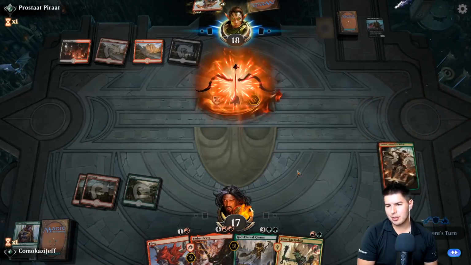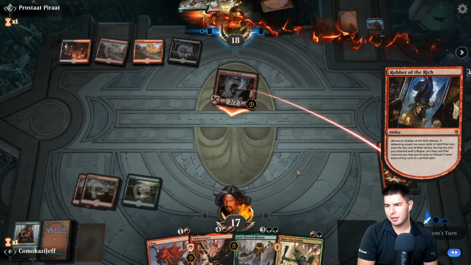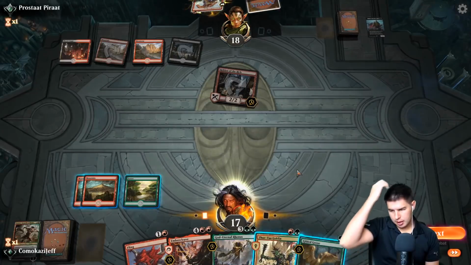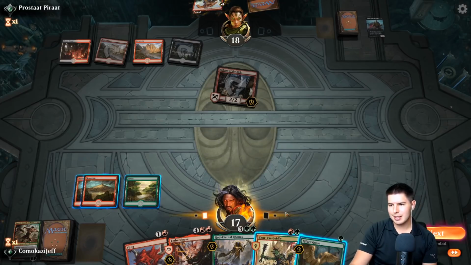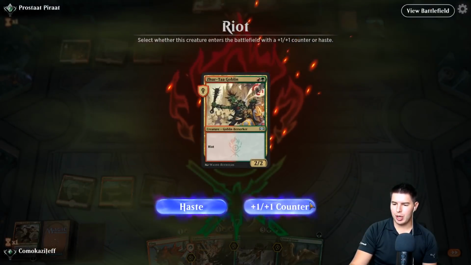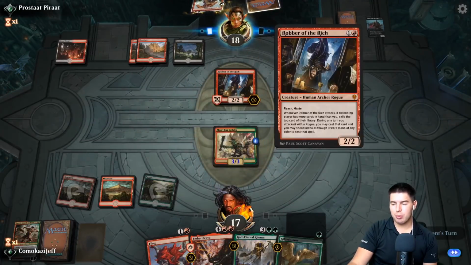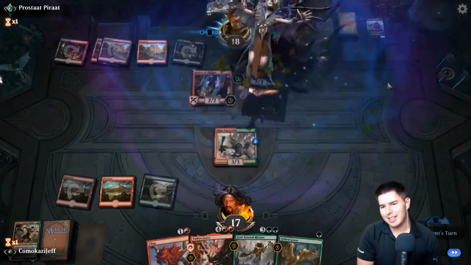Robber of the Rich. Yeah, that's bad. We're going to have to kill that now. Oh, they got a Rhonas. How about that? I can't even do the Gilded Goose here. Oh, man, they got a Rhonas? Dude, the mana base in this has been rough. They do have to attack in with this Robber of the Rich in order to play the Rhonas. So they already have to go to